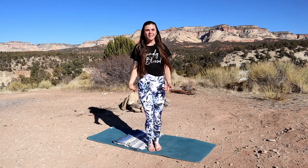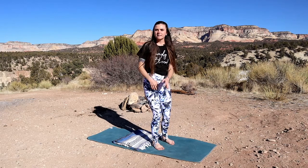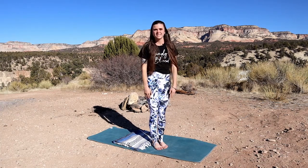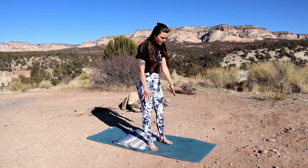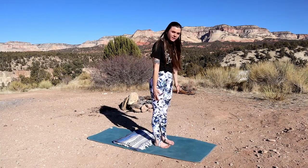Go ahead, get up and stand at the front of your mat or in the middle of your mat. We are going to go over the ways to get into mountain pose with the right alignment, so that way you can feel the most energetic power through your feet into the earth. So go ahead, placing your feet either together or about hip width distance apart,